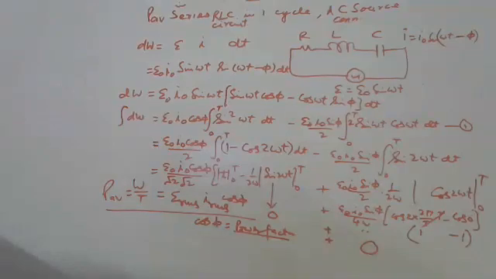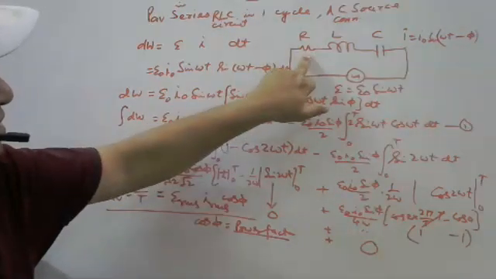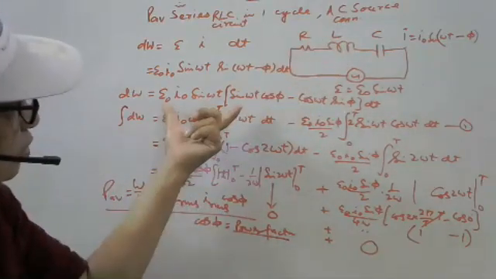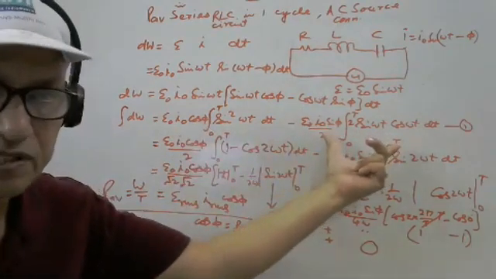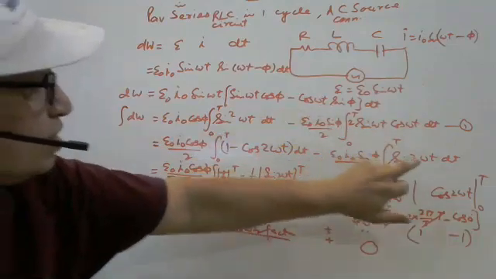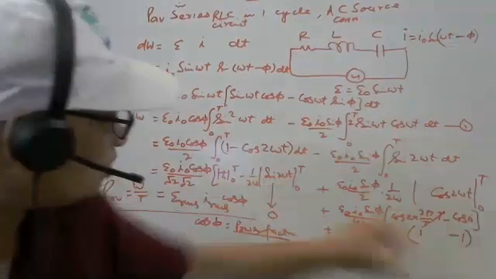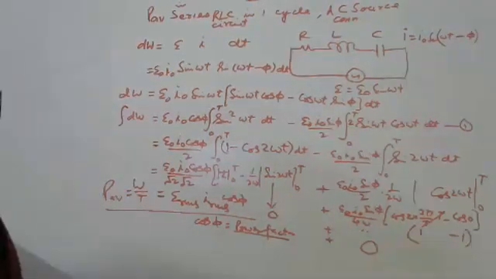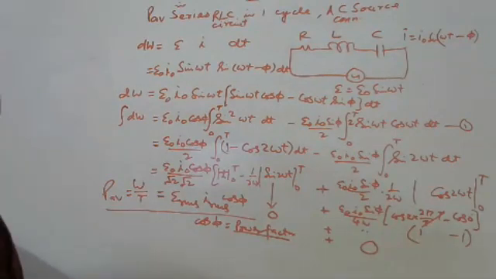Got it? If you know the formula, the derivation of resistance, inductance. So these are the two parts. This is the part for resistance we have seen. This is the part for inductance, capacitance we have seen. And after this, after opening the bracket, this and this, the derivation integration, you know, this will become 0 and this part will become 0. Only this is there. So the formula here for power average is ERMS, IRMS, cos phi.